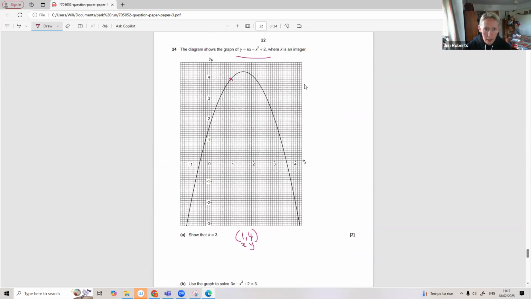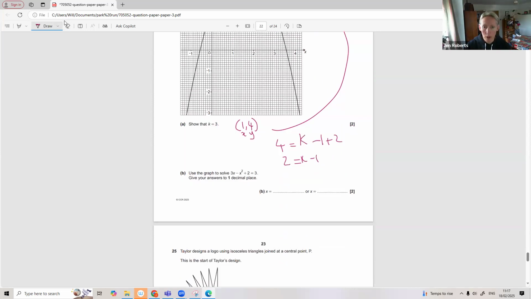Because I know the x and y value, I can sub it into this equation over here. y is 4, x is 1, so 1 times k is k. Minus 1 squared. My x value is 1, so 1 squared is 1, right? Plus 2. I'm going to take 2 off both sides, add 1 to both sides,